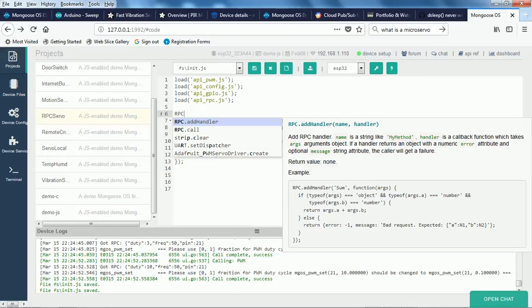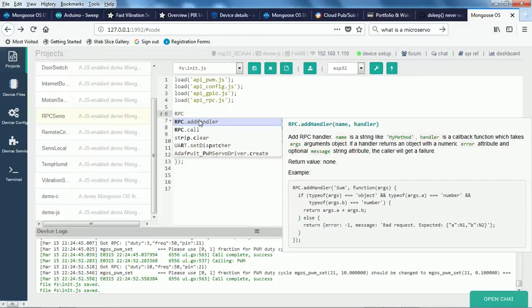If the handler is going to return an object with a numeric error attribute, and an optional message that is a string attribute, the caller will get a failure. So this is basically the usage, and you can see in this example that we are able to use it the way it has been explained in the documentation.